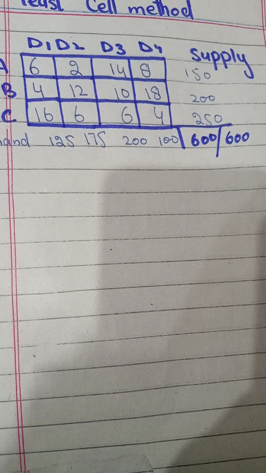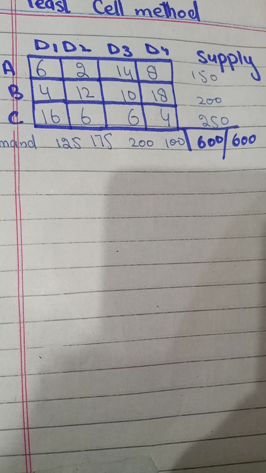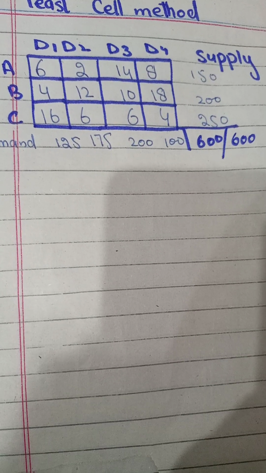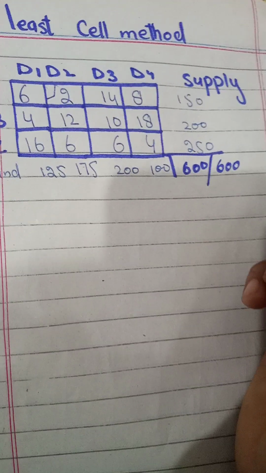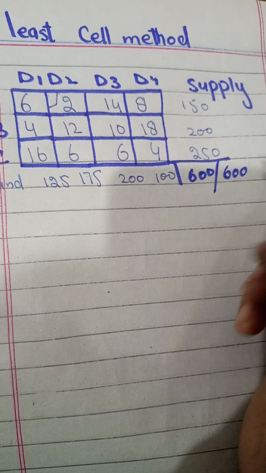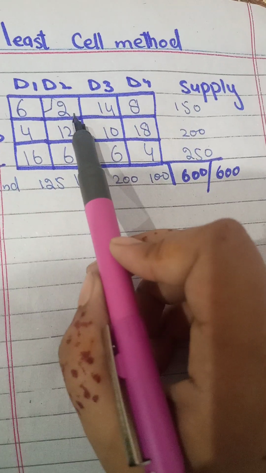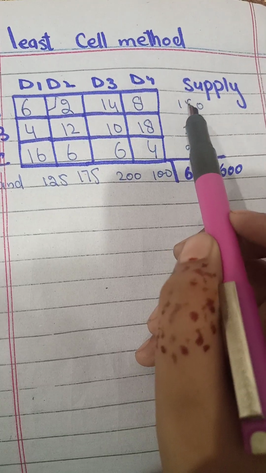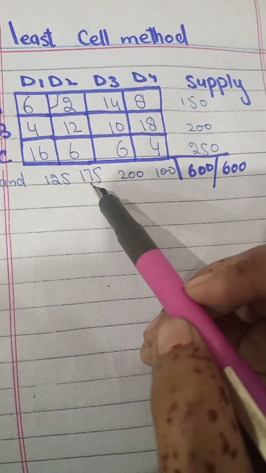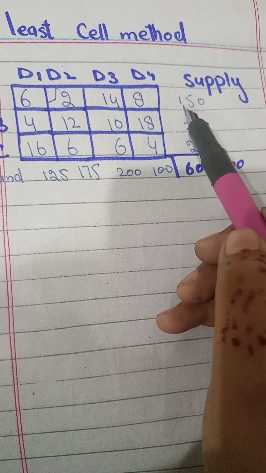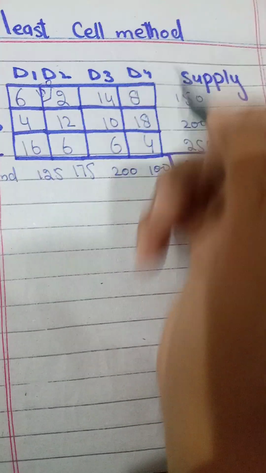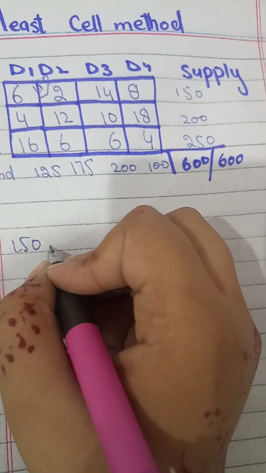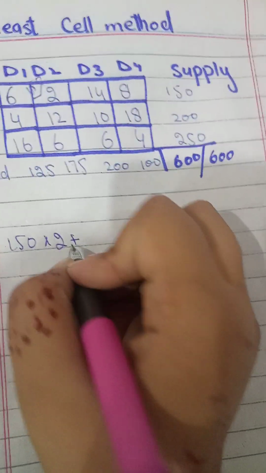First of all, in this method we have to choose the number which is least in the whole table. We will choose the number 2 because it is the least in the whole example. With respect to 2, we have to choose the least number in demand and supply: 150 and 175. We will choose 150 because 150 is least. We will write 150 here. At the same time, 150 multiplied by 2 plus